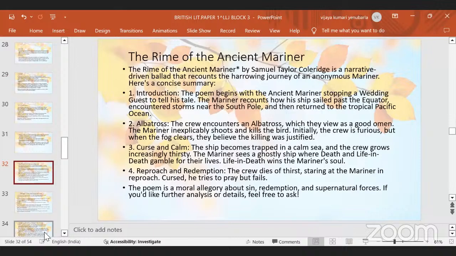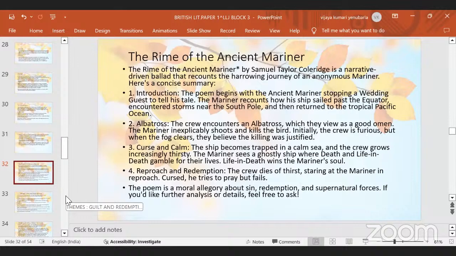So our poem, The Rime of the Ancient Mariner. The Rime of the Ancient Mariner by Samuel Taylor Coleridge is a narrative-driven ballad that recounts the harrowing journey of an anonymous mariner. So here a mariner is there. He goes on a voyage and he comes back and he becomes alone. He's the only survivor on the ship. He comes back and narrates his story, what has happened in his journey on the sea